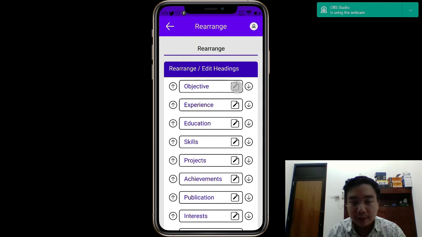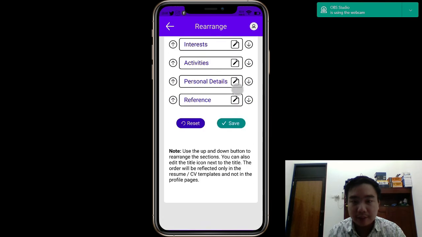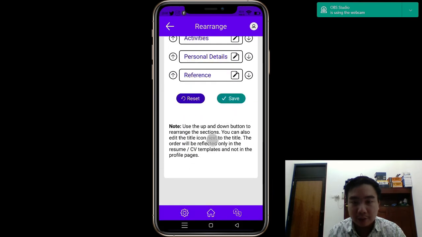And then if we want to change the name, maybe to our language itself, we can also use this to change the title. That's for the arrangement.